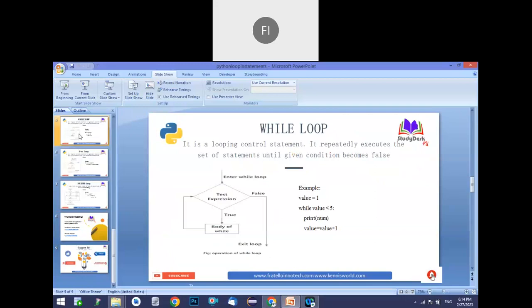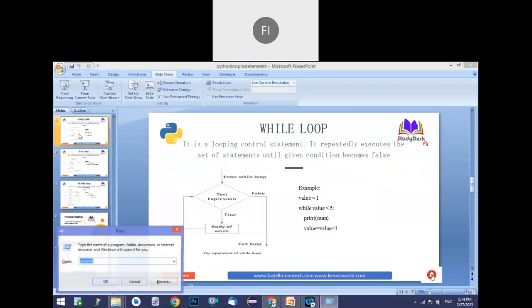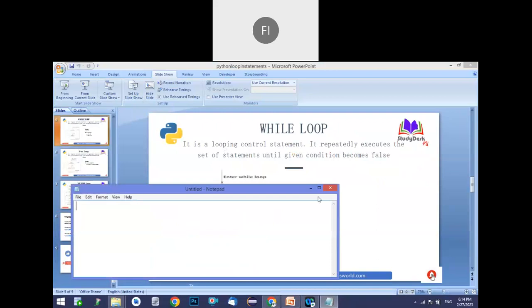Okay, great. So the next point: in loops we generally use two keywords, continue and break. Break is used to straight away terminate the loop at any point of time. For example, let's take a loop that repeats 1 to 10 times.